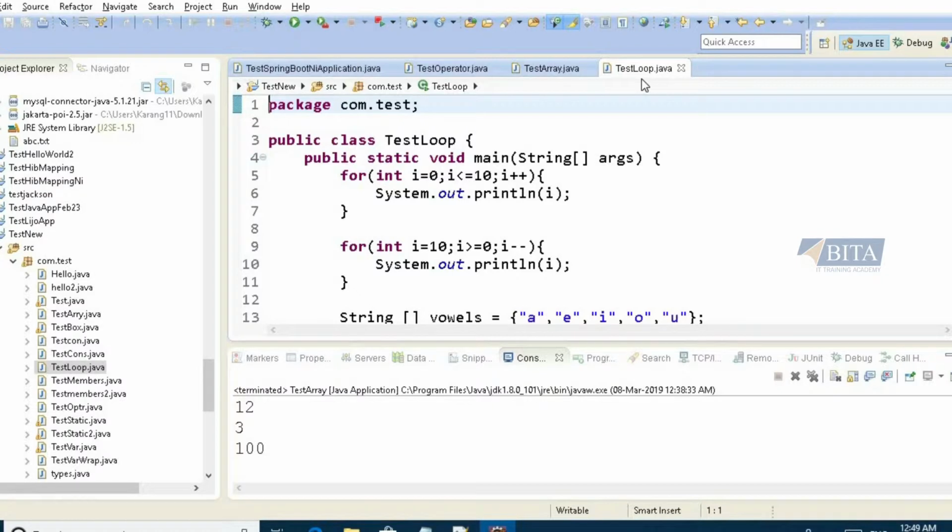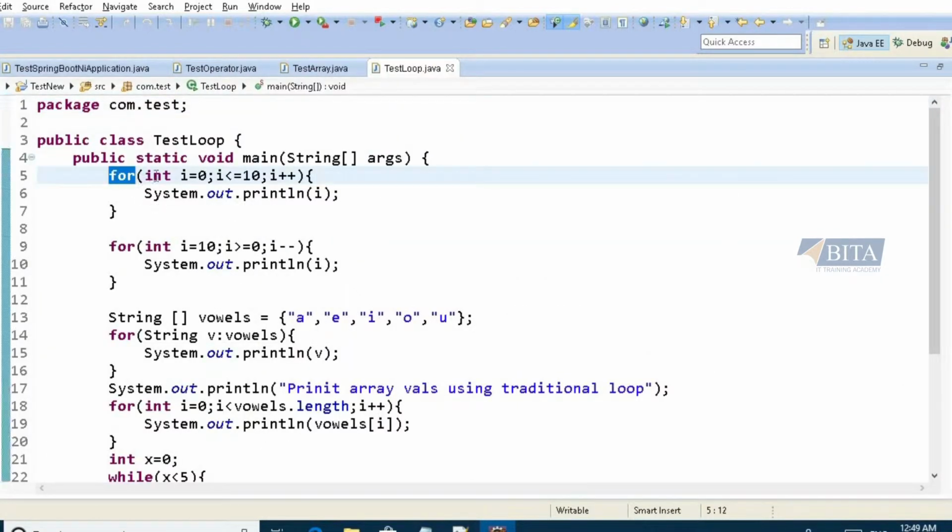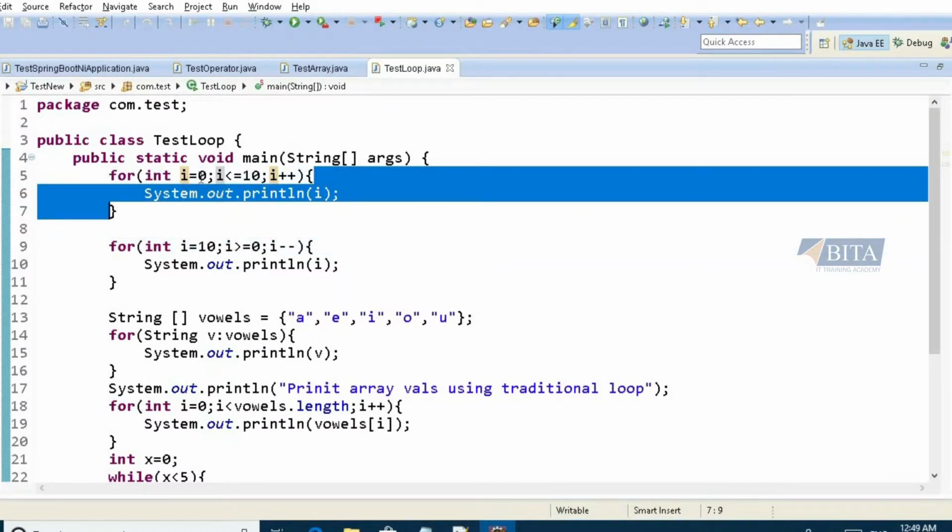Okay, so I will explain this looping concept. This is the syntax for a native for loop: for int i equal to 0, int i is less than or equal to 10, i plus plus. So it will print from i equal to 0 and up to 10. And in the same way, I am doing it in reverse order. The syntax will be different. It will start with i equal to 10, and it should be greater than or equal to 0, and i minus minus. Okay, how it works is